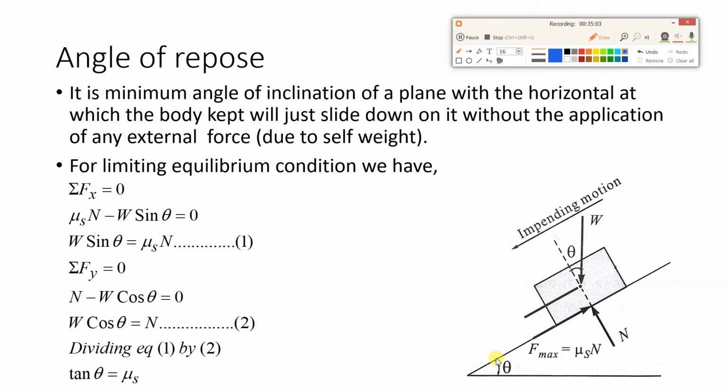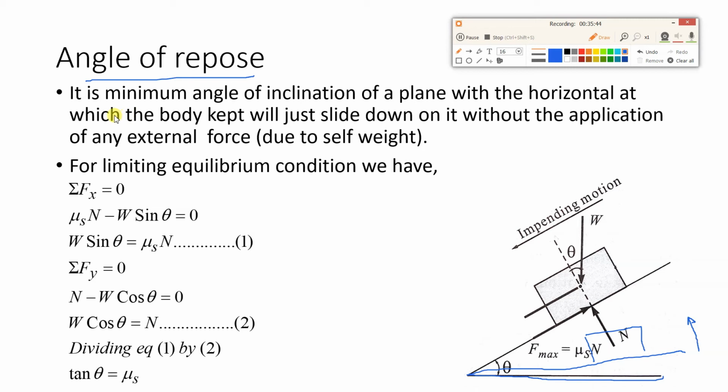Now what is done over here: this is an inclined plane and here we will have one more plane. Suppose this plane is movable, and on this plane a block has been placed. If you rotate this plane in the upward direction very slowly, what will happen? At a certain inclination, the body will slide in the downward direction. So there will be a minimum angle at which the body will slide downward. That is called angle of repose.